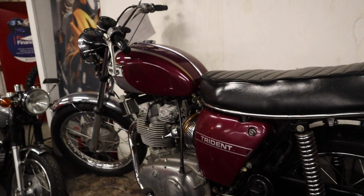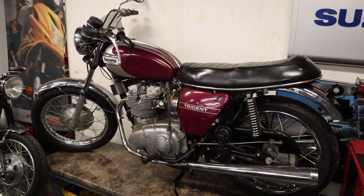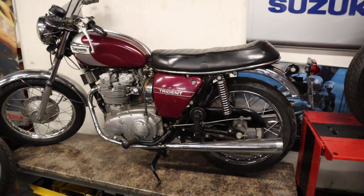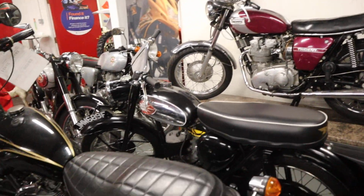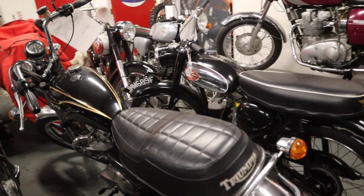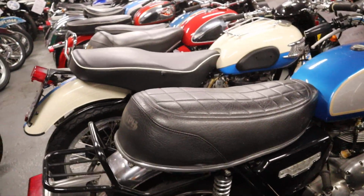So let's just do this next row. We're nearly at the end, folks, don't worry. You're nearly done with me soon. So we've got the Triumph Trident on the end, we've got the Bantam, Triumph T140, Triumph TR7V,